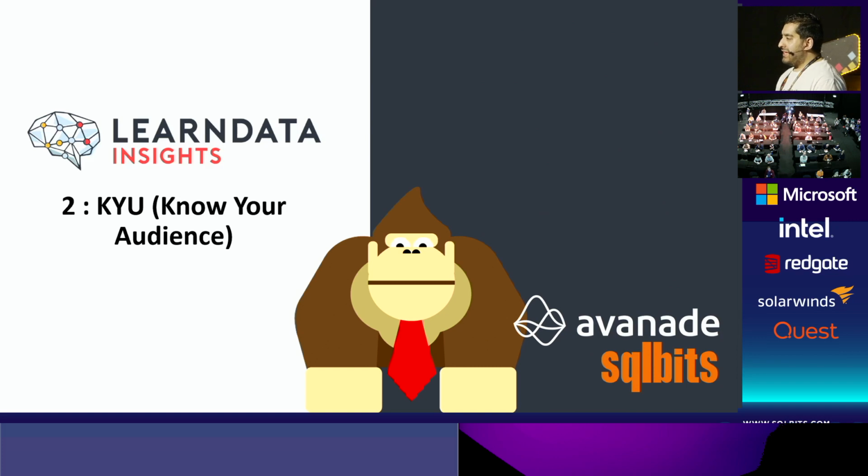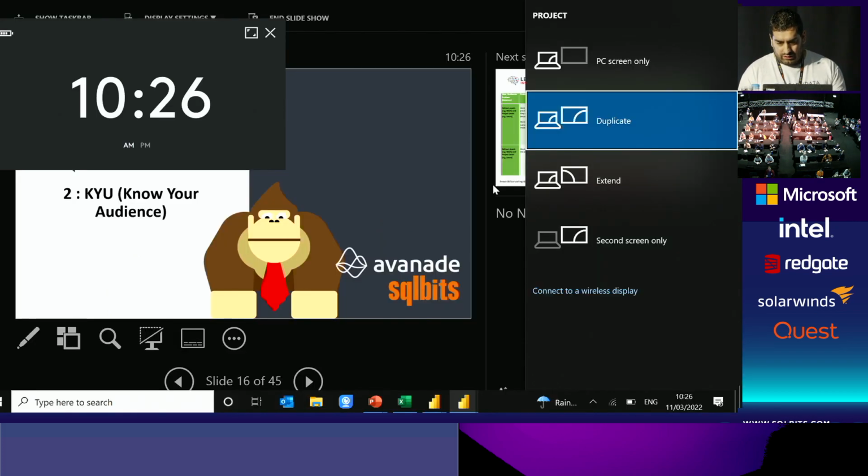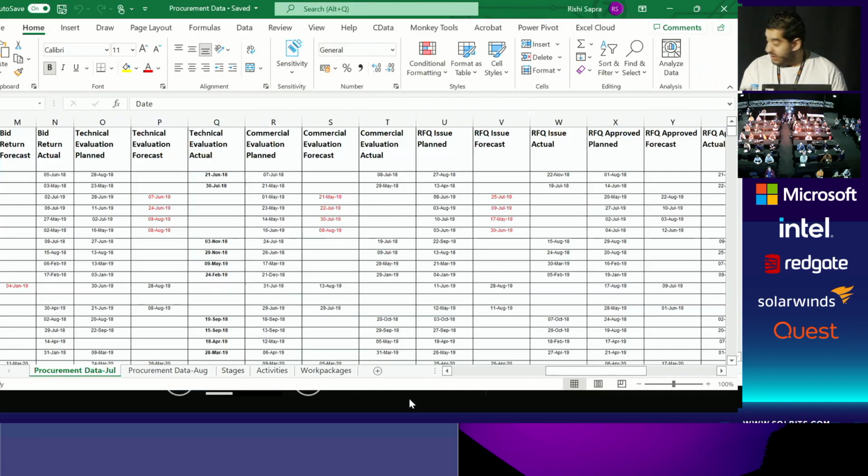The next thing is know your audience. And what I'm going to do here is pull up an example, because I think we need to get back and actually look at some data. So I was going to duplicate. So this is an example of